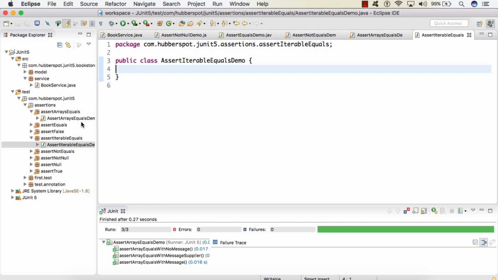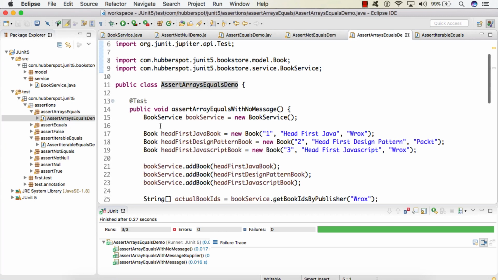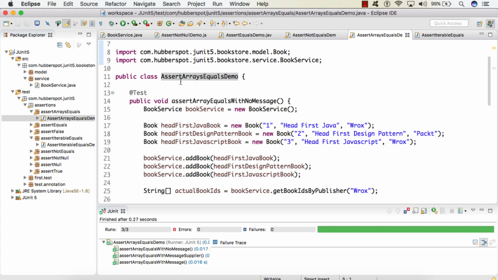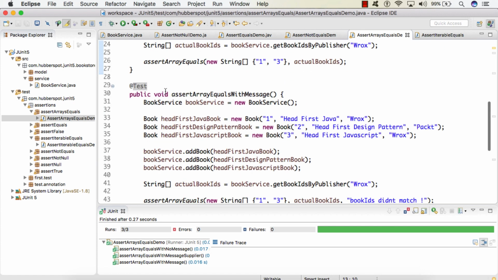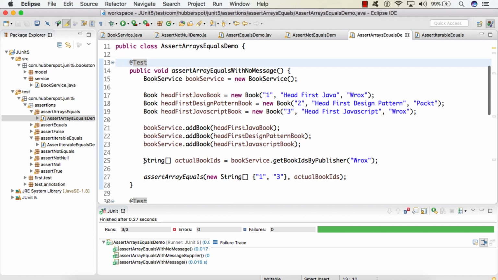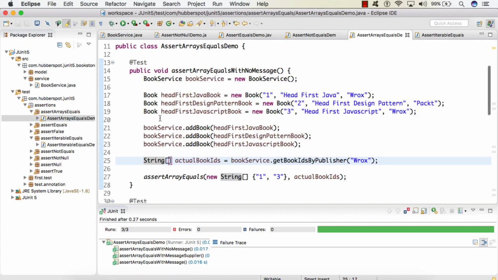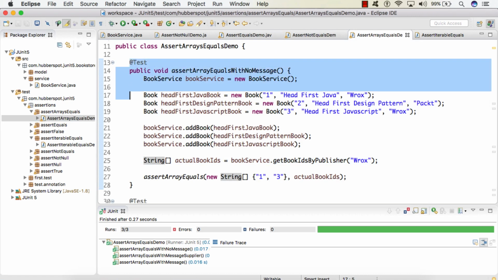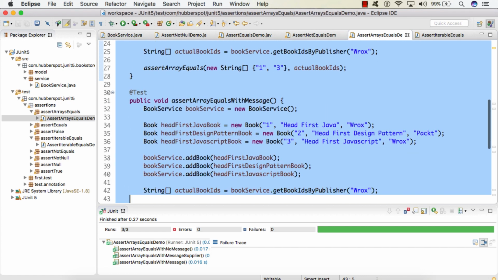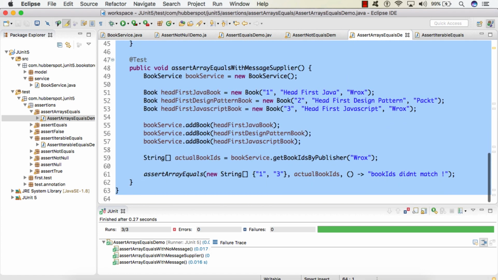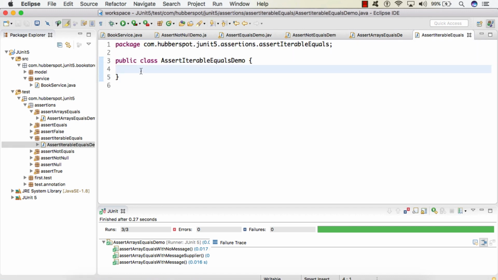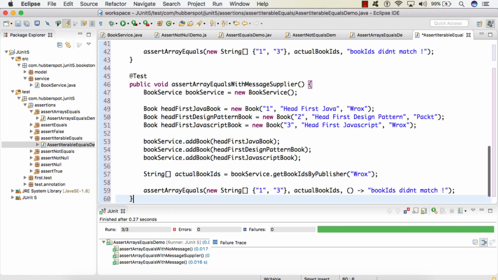So friends, in our last lecture we discussed the assertArrayEquals method. assertIterableEquals works exactly the same. The only difference is that there it compares an array and here it compares an iterable. So I will just copy all three methods and reuse them in our AssertIterableEqualsDemo class. I'll simply paste it here.